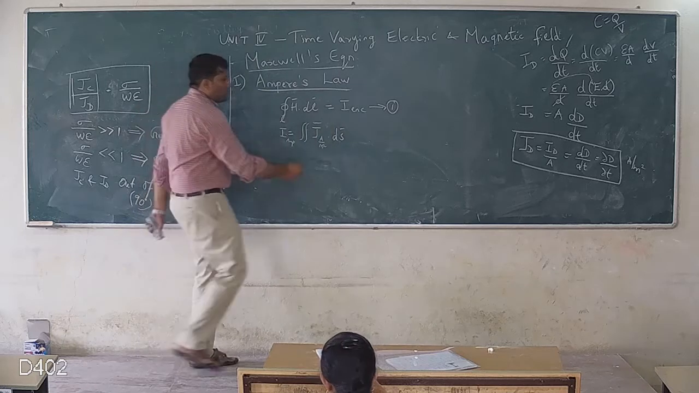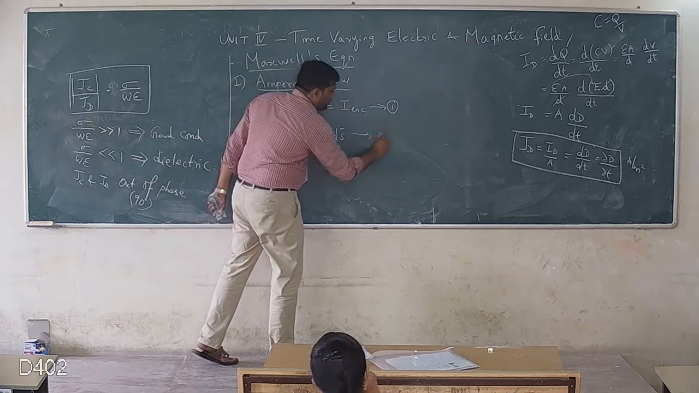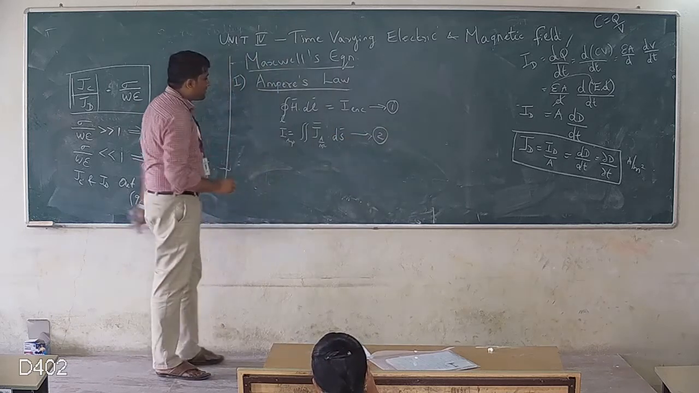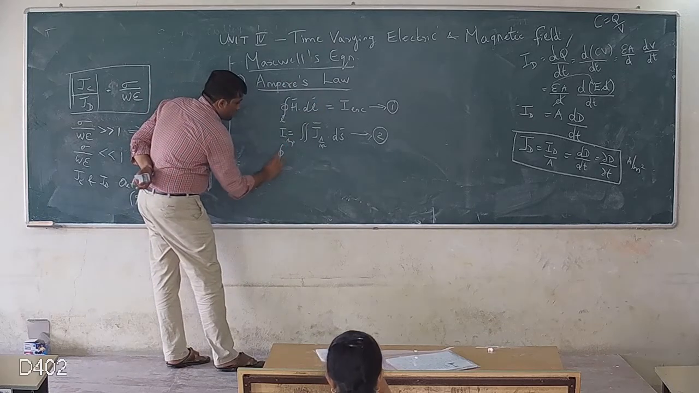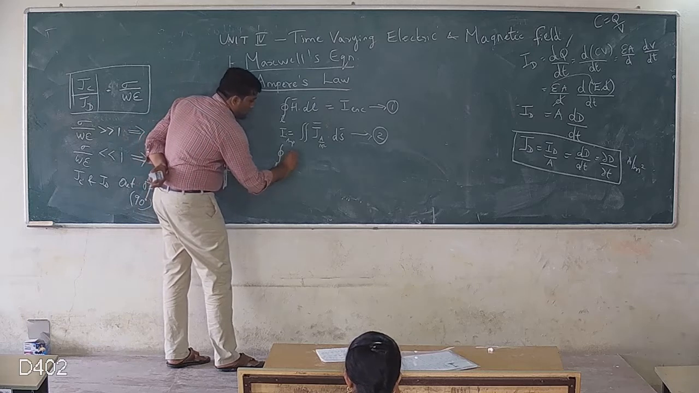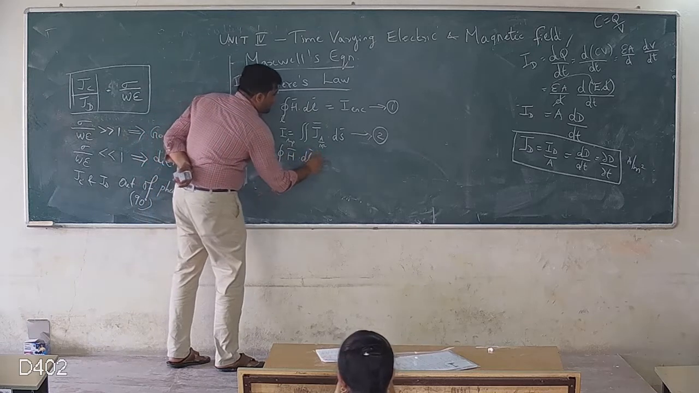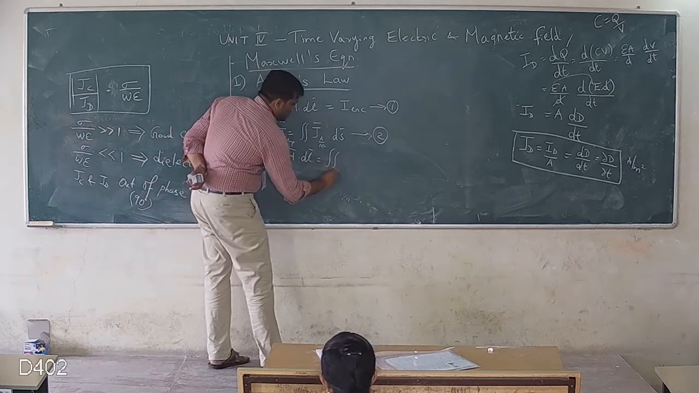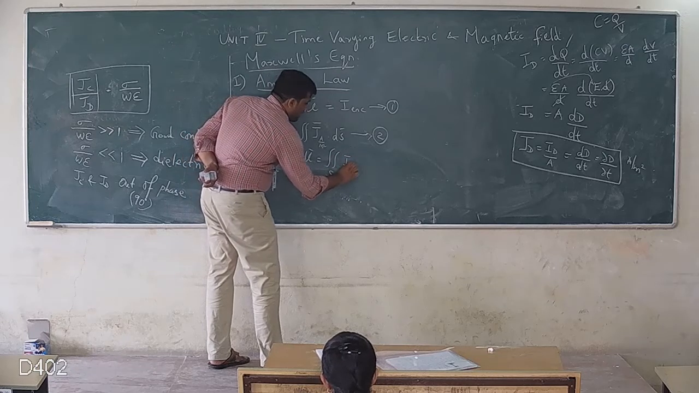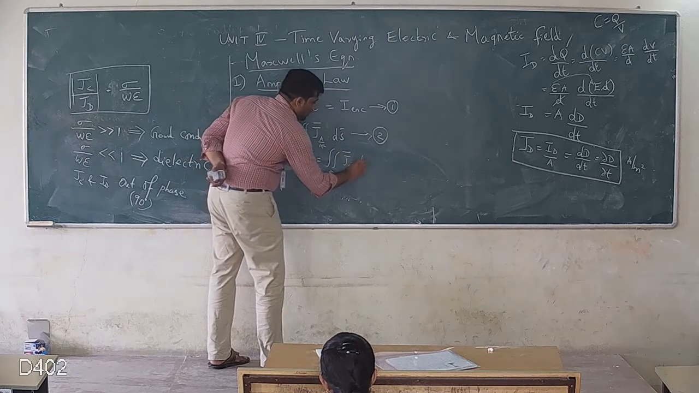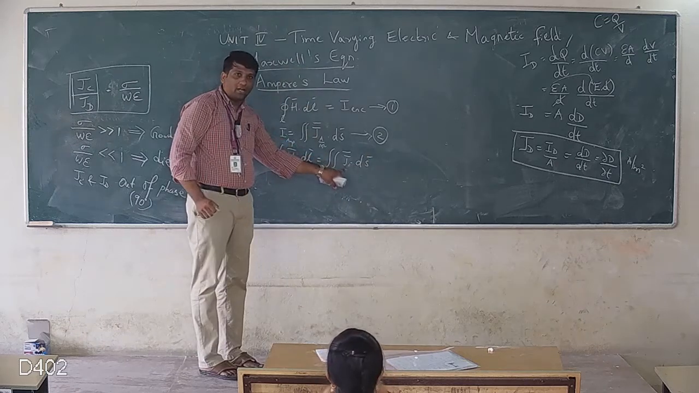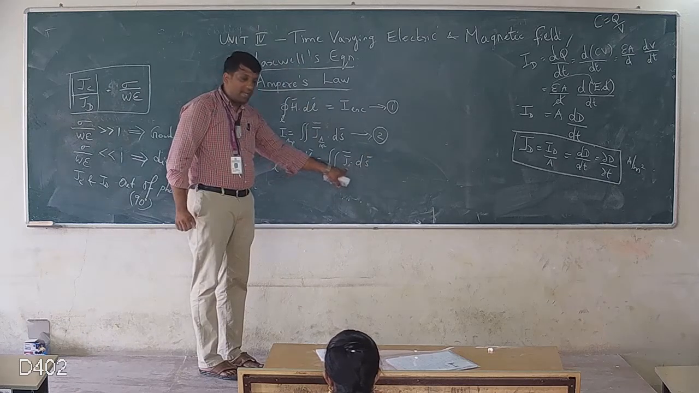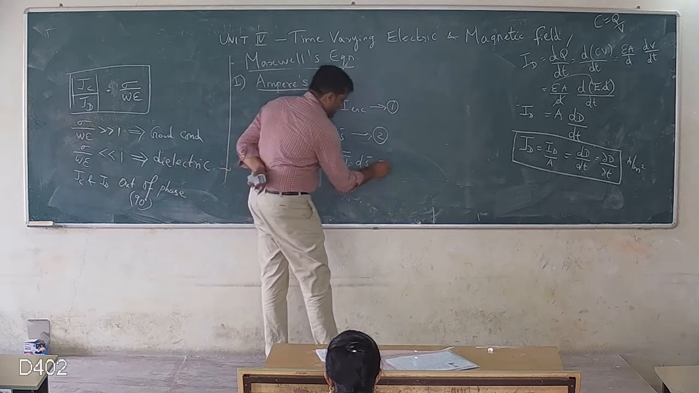This is a known equation from unit number 2 or 3. Next, if I compare these two equations, I can get the line integral of H vector dot dl vector is equal to the double integral, surface integral, of J vector dot ds vector. So here Ampere's law contributes both conduction current and displacement current, and hence we can write the double integral